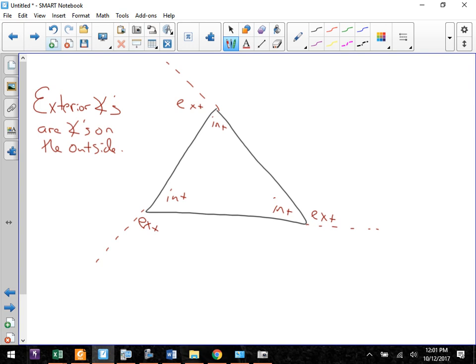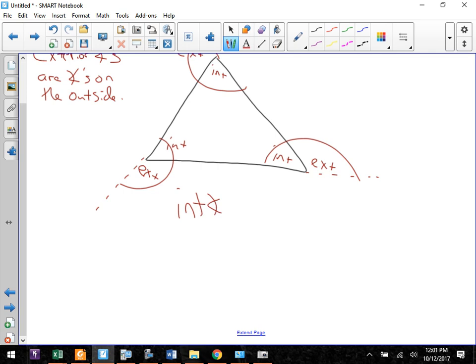Because look what happens. Look at it. Are they all right? Those two always create a line, don't they? Those two will always create a line. These two always create a line. And look at that. Those always create a line. Which means the relationship that happens between interior and exterior angles is that